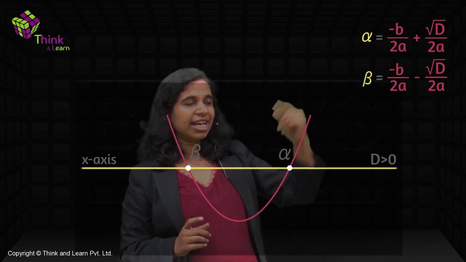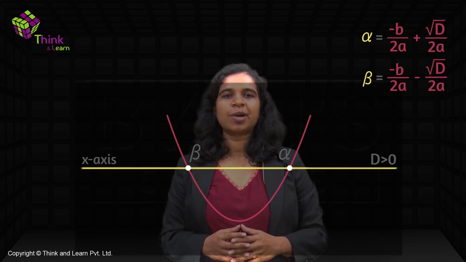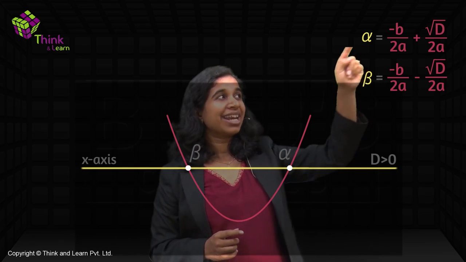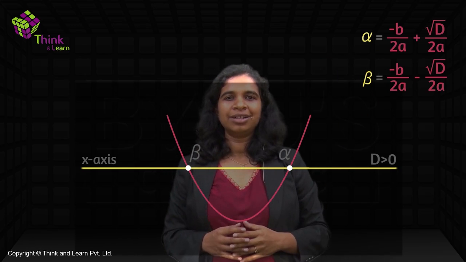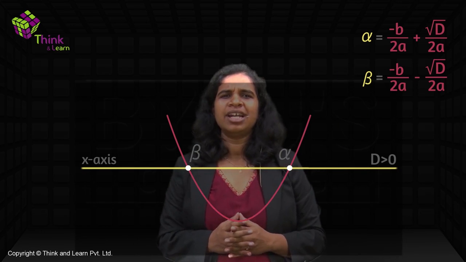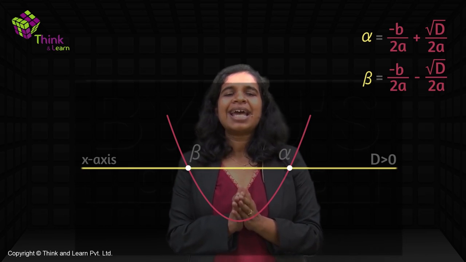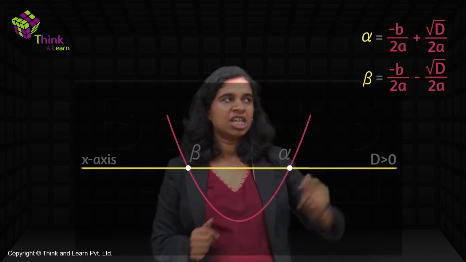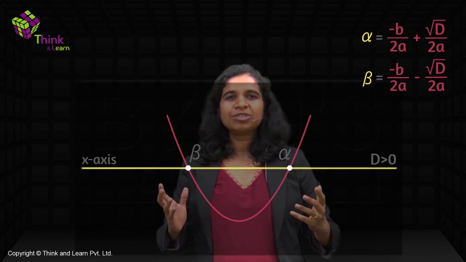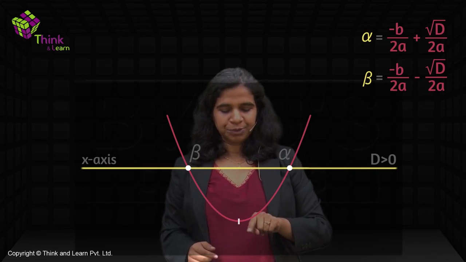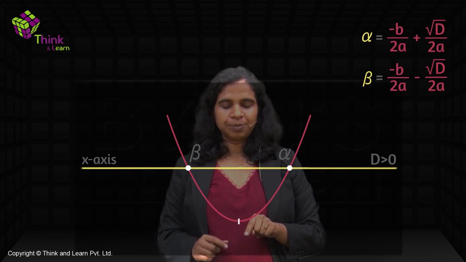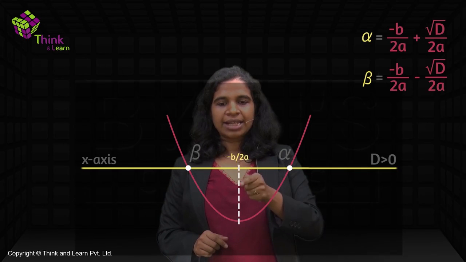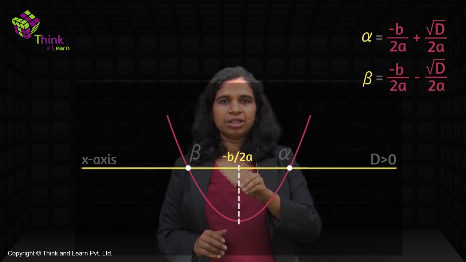Let's see if we can actually relate. We've continuously been relating algebra and geometry, right? Can we actually relate that equation that we see over there to the graph? Or are they completely different? They are never completely different, right? If they are representing the same thing, there has to be a way to relate them. Minus b by 2a. Where is minus b by 2a in your graph? Here. Minus b by 2a is here. The lowermost point of the vertex. So on my x-axis, if I take this minus b by 2a, it will come here.